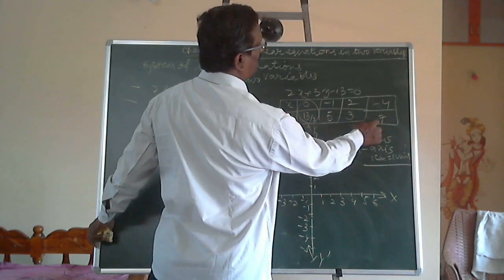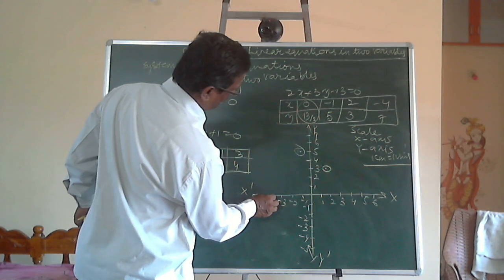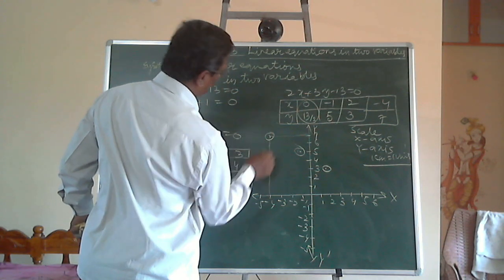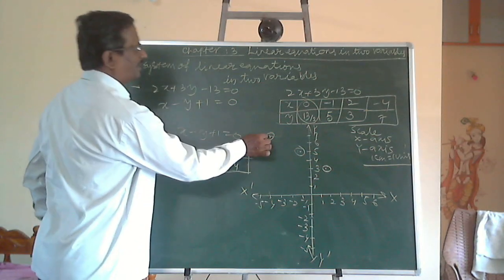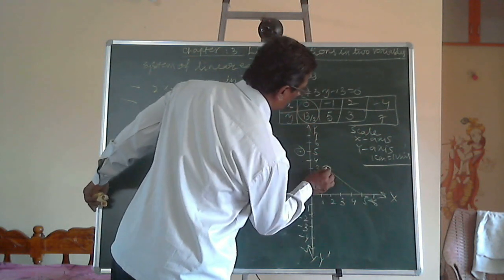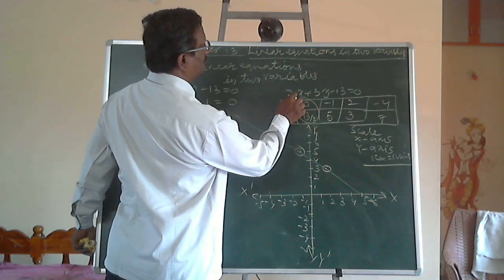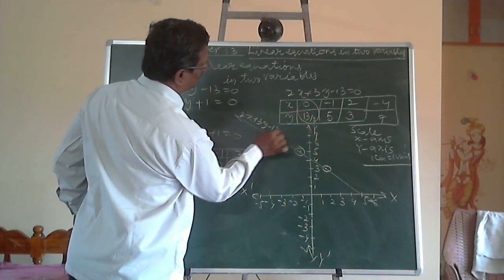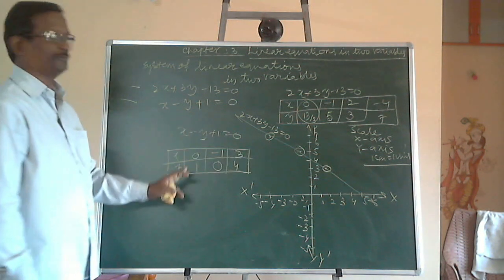X is equal to -4 and y is equal to 7. On the x axis, -1, -2, -3, -4, the corresponding value of y is 7, so this is the point. Of course, your graph sheet will have vertical and horizontal lines. You move along the lines and you will reach the point. Now, if you join the 3 points using the scale and pencil, you will get a straight line. This straight line is the graph of the equation 2x plus 3y minus 13 is equal to 0. This is how we represent the graph of the first equation. Now the second equation.